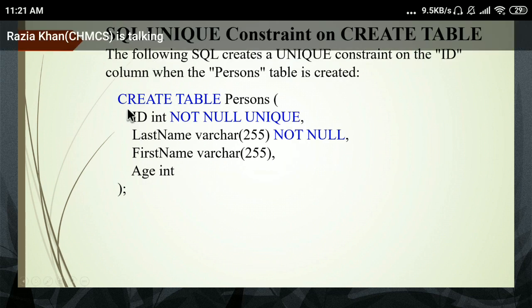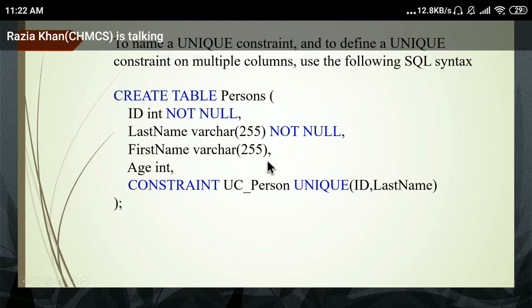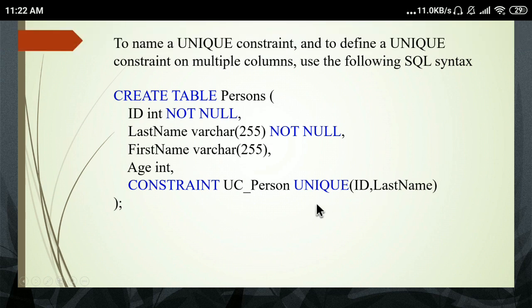This is the syntax for applying a unique constraint. Check, this is also another type of syntax for unique constraint. You just type constraint, unique, ID, and last name.